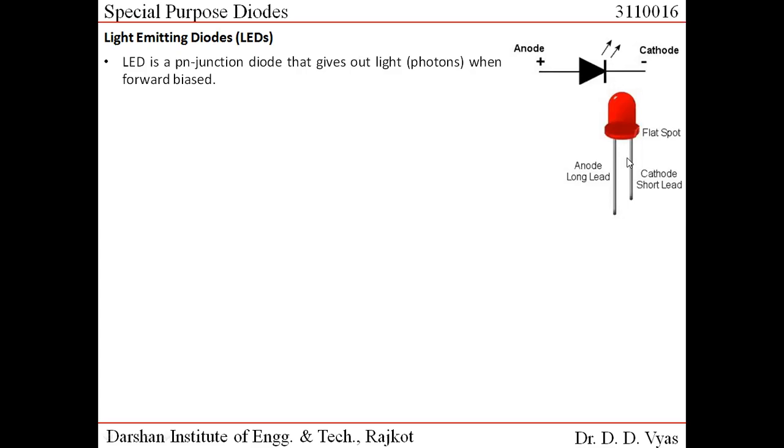Physically, the diode looks something like this, though the color of the diode changes depending upon what color LED it is. But physically, in general, it looks like this. It is a two-terminal device which we identify as anode and cathode. To differentiate between the two terminals, the length of the anode terminal is generally larger compared to the cathode terminal. So the cathode terminal is short, anode terminal is long. This is the identification of what would be anode and what would be cathode.